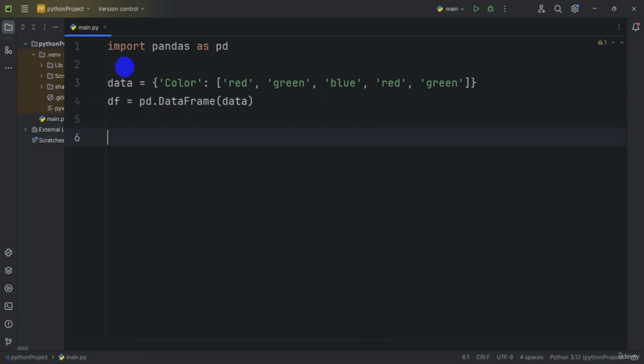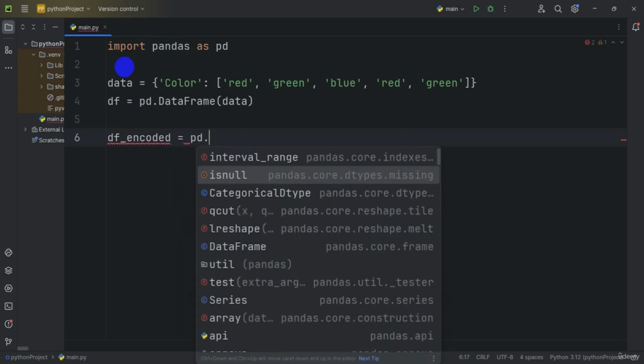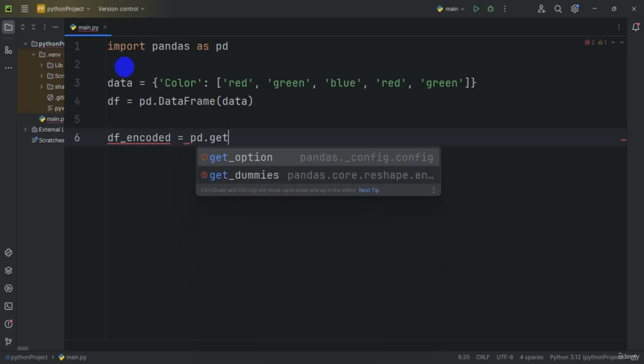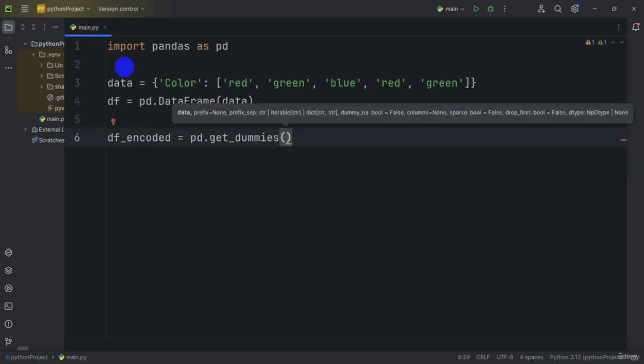So here I also create the one hot encoding. Just type df_encoded is equal to pd.get_dummies, the get dummies function. Then declare first the variable df, and also create the columns is equal to,